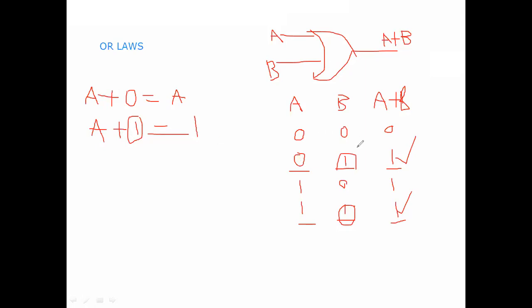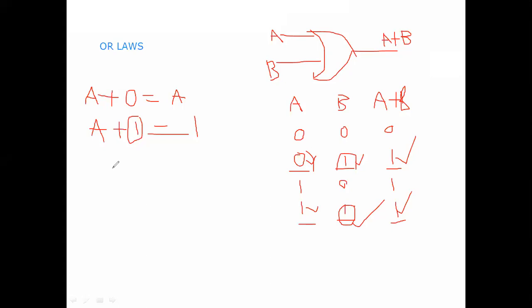How to get this? Here, another input, A plus B. If you are assuming B value is 1, take the positions where B is equal to 1. So what about A here? A is 0, the output is 1. A is 1, the output is 1. That means if any one of the inputs is 1, the output must and should be 1. It is not dependent on the other variable, whether it may be 0 or 1.